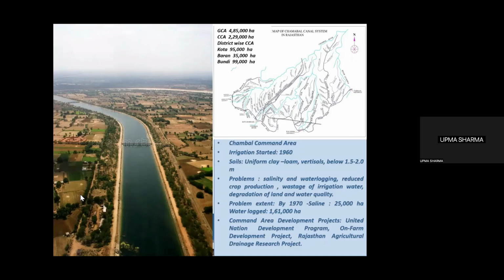Even after implementing this, some of the area treated by the on-farm development programs was still finding problems with the land, because it solved the problem of surface drainage as well as on-farm irrigation, but the subsurface area was not treated by this program. So finally, a project called the Rajasthan Agricultural Drainage Program was introduced, which was executed